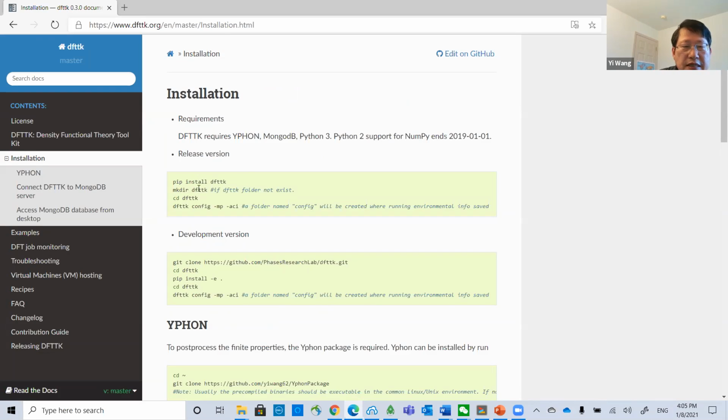For simple installation, you just need one line of command, just pip install. That can help you install all the major software for DFTTK. Then for this one, you need to make some folder like DFTTK something, because you want some kind of environment. Then you make a folder with the Linux command, go to the folder, then type the command dftk config mp ACI. This one works just for our ACI. This just copies everything. See, because many of you